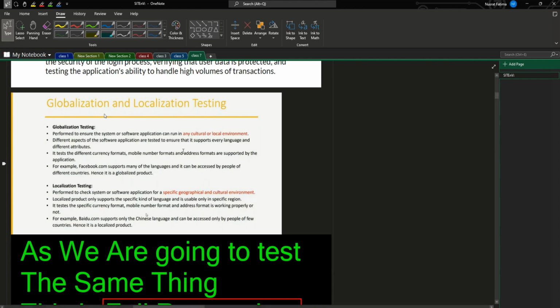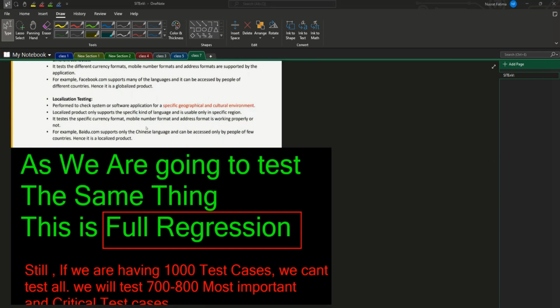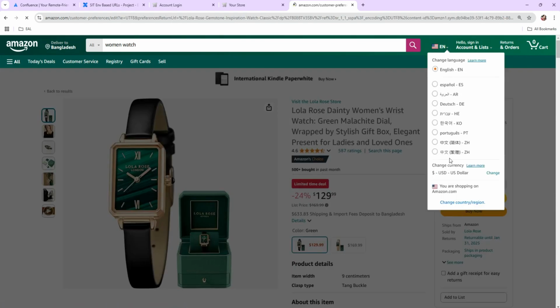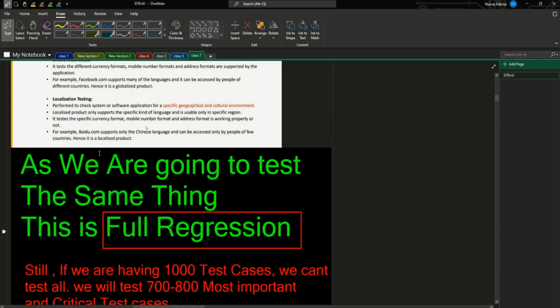And then localization testing, we have a specific kind of language and it is usable only in a specific region. So I can see the language part here as well. Language setting is also a part of our localization testing. All right, and now we are going to test